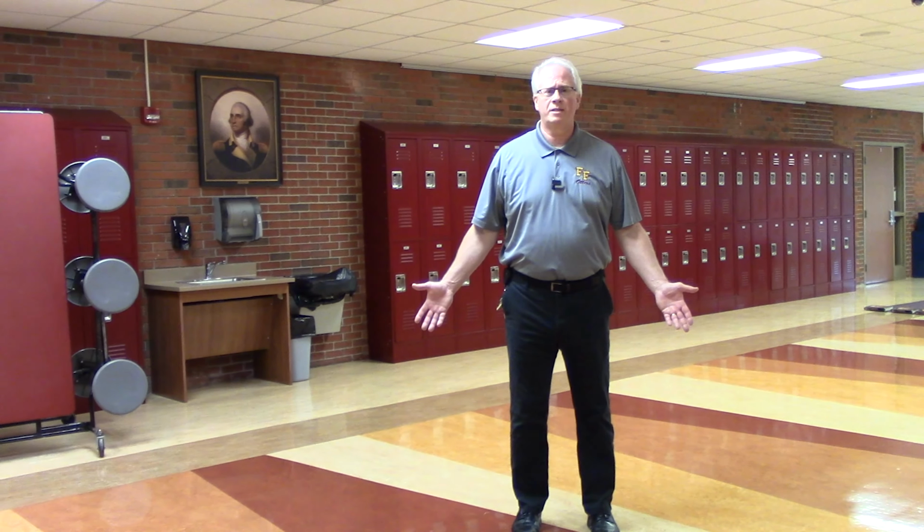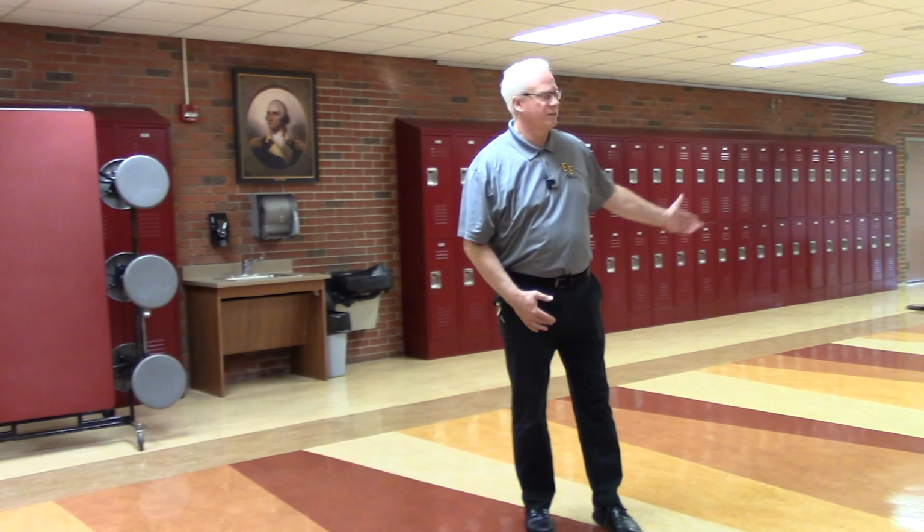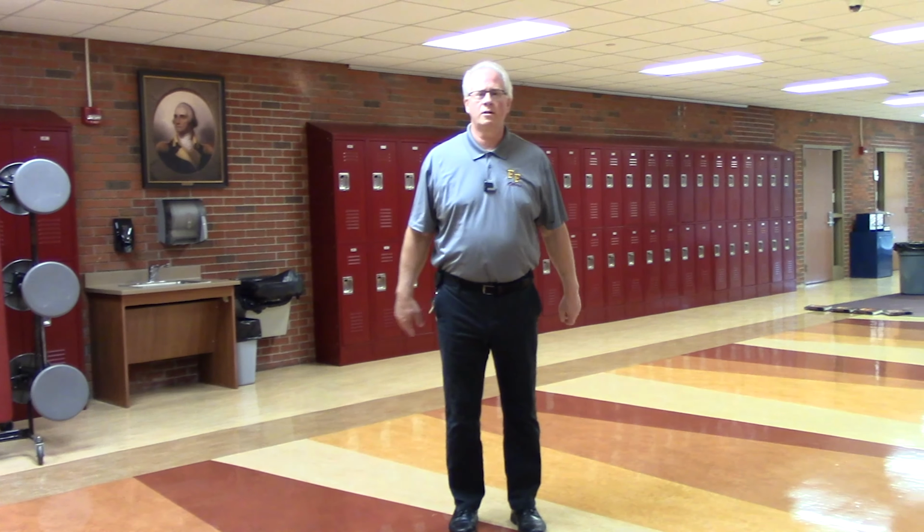We've made our way down to the far south corner of the building now at the lower level, and we're in the 7th and 8th grade commons area right here. There'll probably be some lunch tables down here during the course of the day. So if students come out of these classrooms, they have a chance to work a little bit, even out here